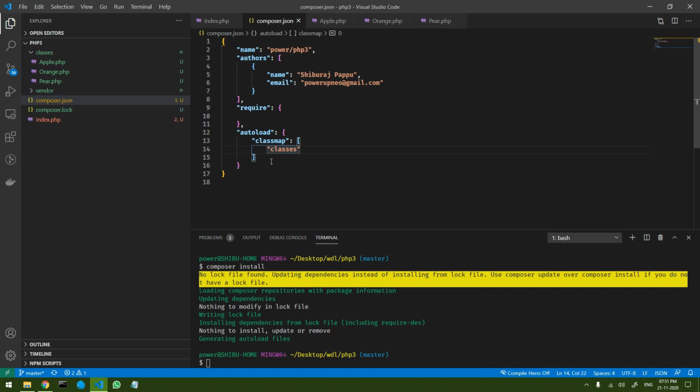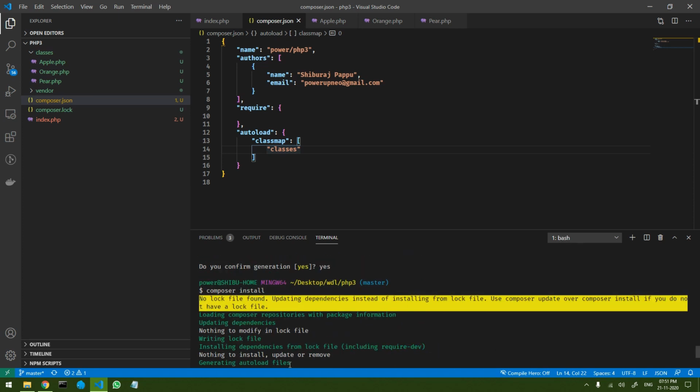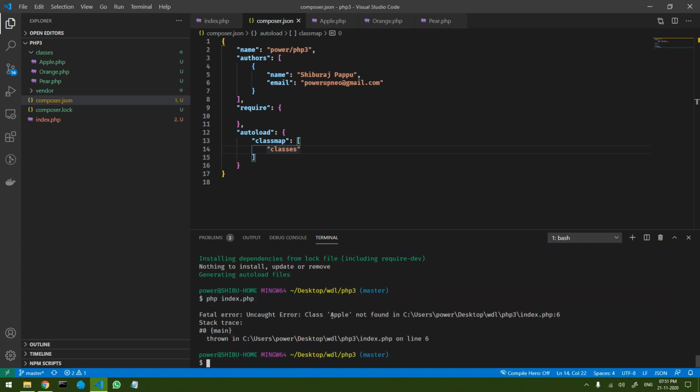Okay, so once I do this, now immediately if I try to run this, you can see it is not able to find the Apple class. That is because even though we have added this, the composer needs to generate the cache so that it knows it has to read the folder that you have done. Okay, so whenever you change this particular composer.json file, you should immediately run composer